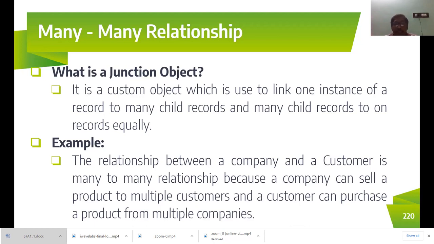So the company can sell products to multiple customers and customers can purchase a product from multiple companies, vice versa, right? So multiple companies can sell multiple products, and multiple customers will purchase multiple products from multiple companies, right? So here, what kind of relationship are we going to maintain? We are going to create a many-to-many relationship.